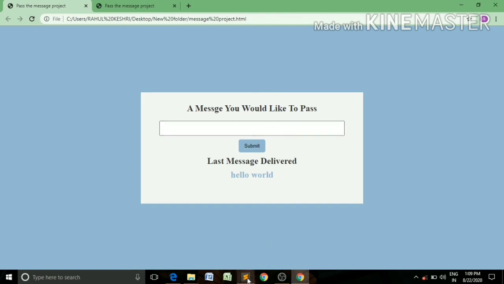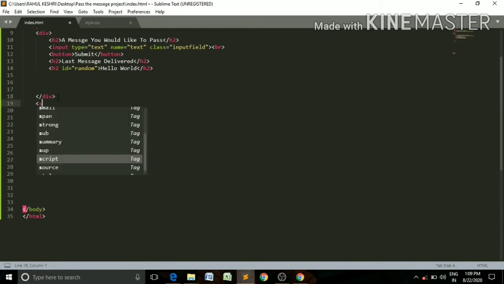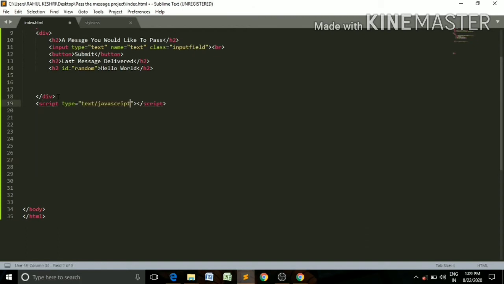So firstly, write a script tag to write some JavaScript code. Let's create a variable for the input field: document.querySelector, dot input field.